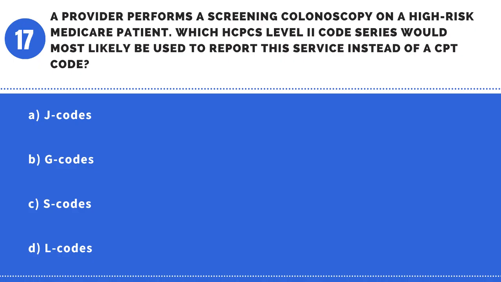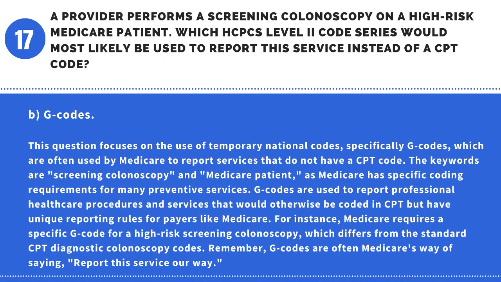Question 17. A provider performs a screening colonoscopy on a high-risk Medicare patient. Which HCPCS Level 2 code series would most likely be used to report the service instead of a CPT code? A. J codes. B. G codes. C. S codes. D. L codes. Answer. B. G codes. This question focuses on the use of temporary national codes, specifically G codes, which are often